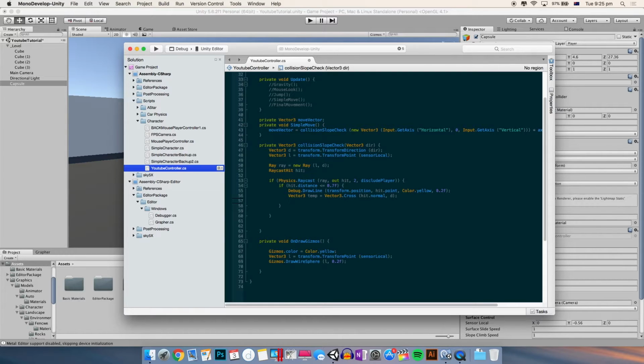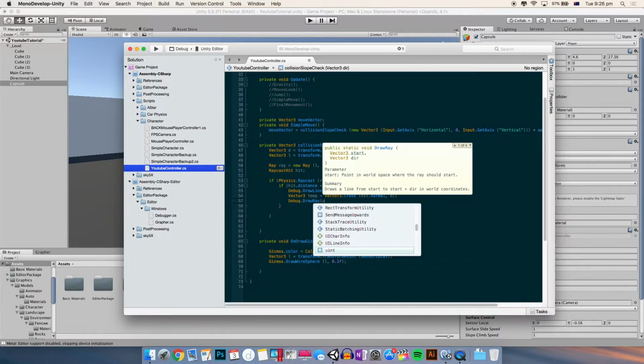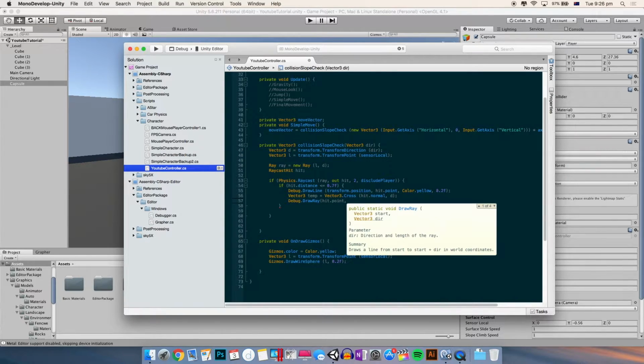So this is just a unique combination of cross products in order to get the right direction for you to slide against the wall. Just search up Vector3 cross products, and you can understand all about them. They're actually quite easy, but I really can't explain cross products without a sketch pad. I'm not the best at cross products myself anyway, so okay, let's draw a ray from hit.point, and we're gonna